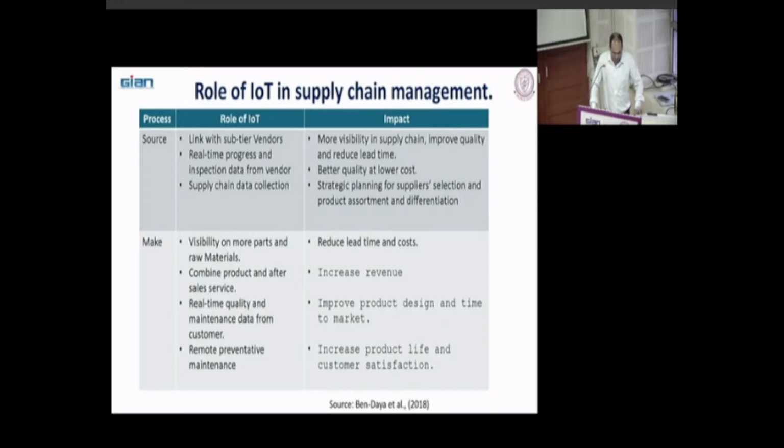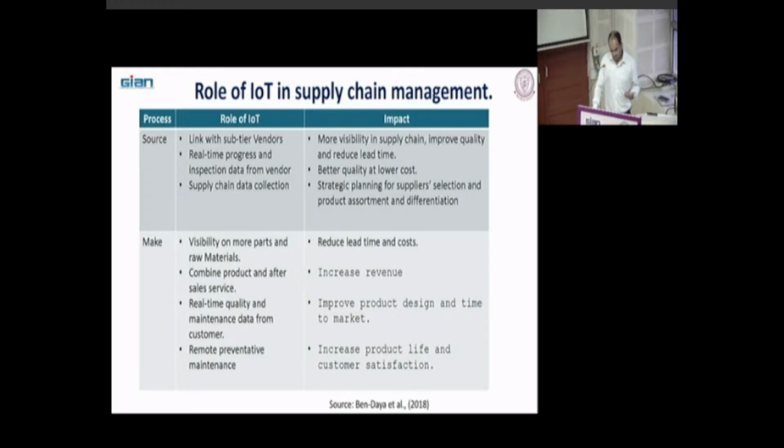Remote preventive maintenance. Do you know remote preventive maintenance? It is preventive maintenance, but remote. You don't need to go there to actually do that maintenance. Suppose you sold the car, and on that car some IoT devices are there. You can operate those IoT devices from your factory. Suppose something is going wrong, the customer will call you, something happened here. You can use the IoT device data and sort out that problem without visiting that customer.